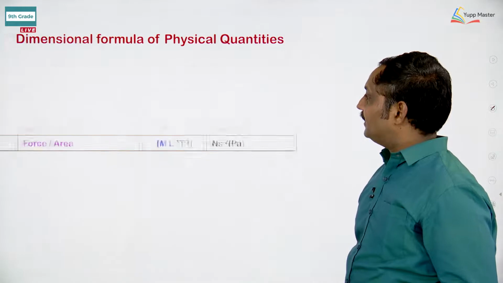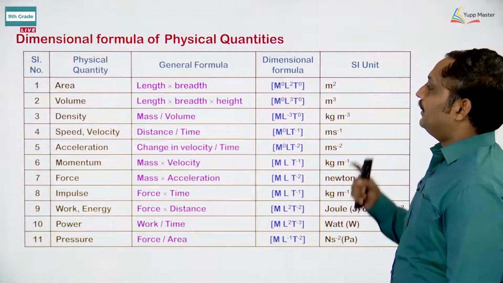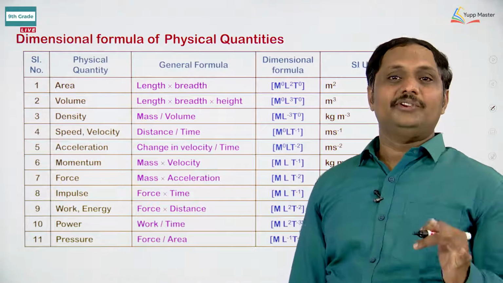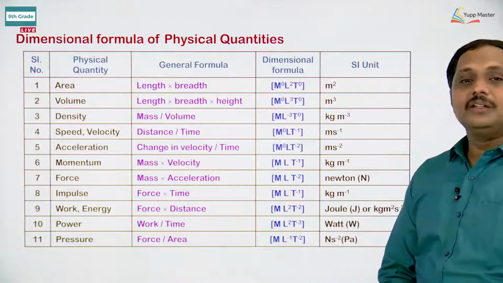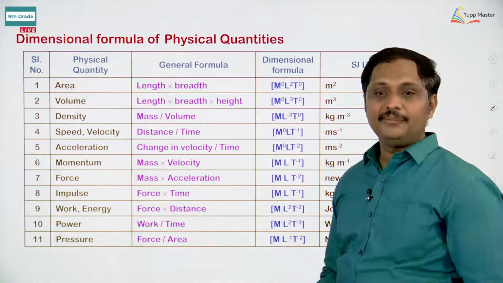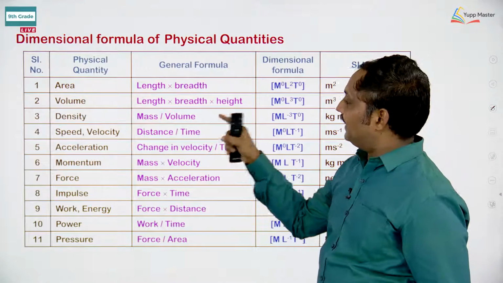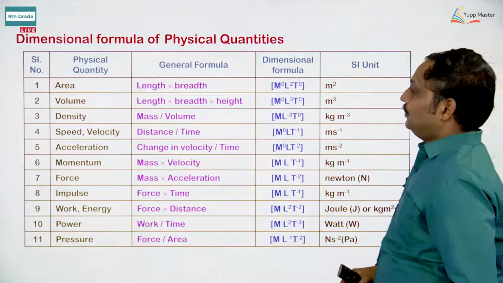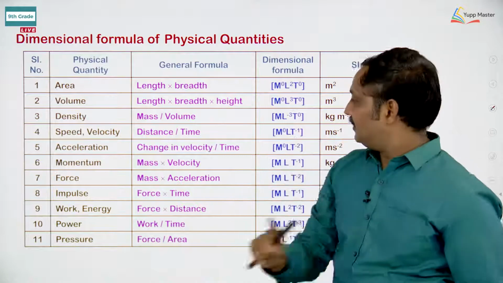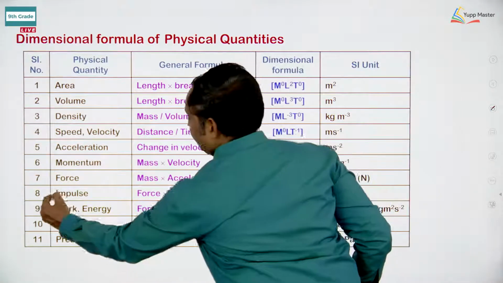Now, let us go for another one. This is a chart representing the dimensional formula of physical quantities. We have discussed area at the very beginning, we have discussed volume, we have discussed density. And speed, velocity, both are derived, acceleration, momentum, force. Now, if you are going to take impulse,